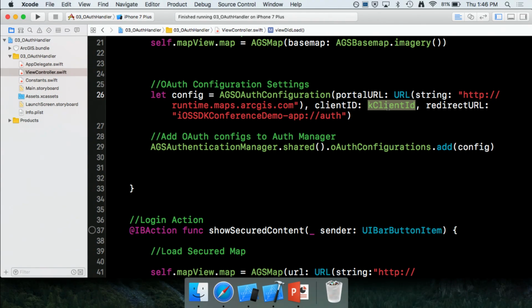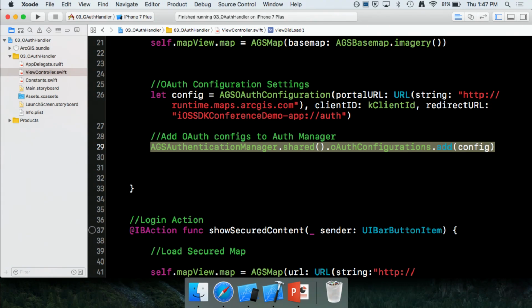I've given it a client ID, and I've given it a redirect URL that I've set up in the ArcGIS organization. Then I have added this configuration to the authentication manager. Note that there can be more than one OAuth configuration in the same app, and the authentication manager just handles all of them.